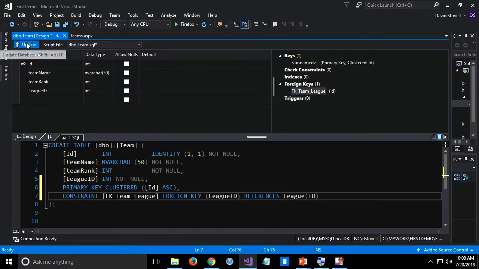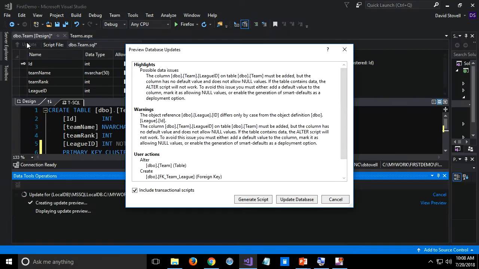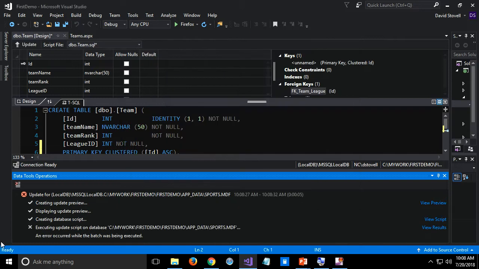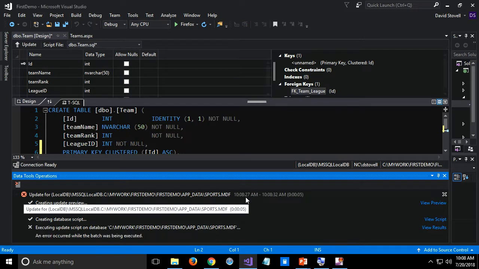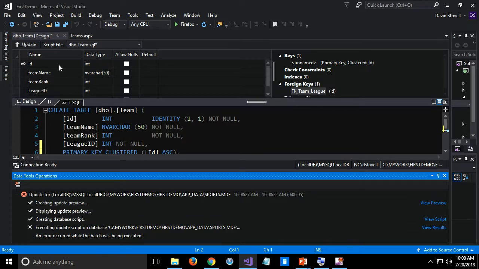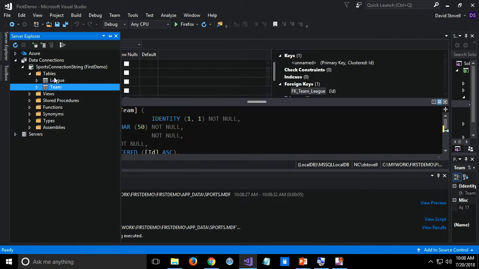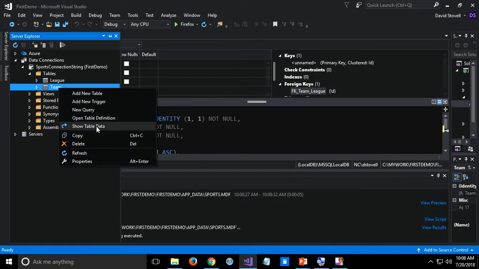All right, so I click update. And possible data issues. In fact, if I try to update the database, you see that it failed, right? It could not execute because I'm saying, wait, I'm not going to allow null values, but there's existing data. To get around that, I can leave this design open, go back over here. I could do it a couple ways. I can create a new query and just do delete from team and delete all the records. But to show you the interactive approach, if I show table data,